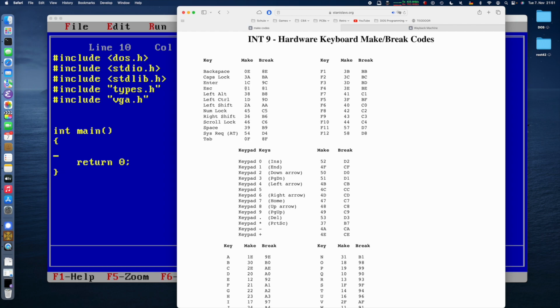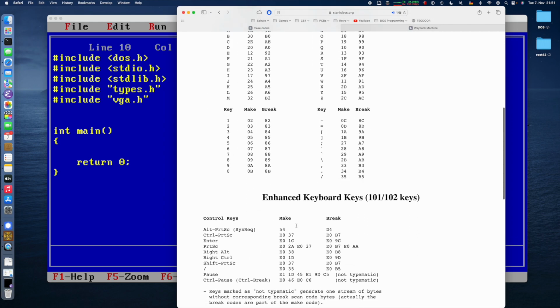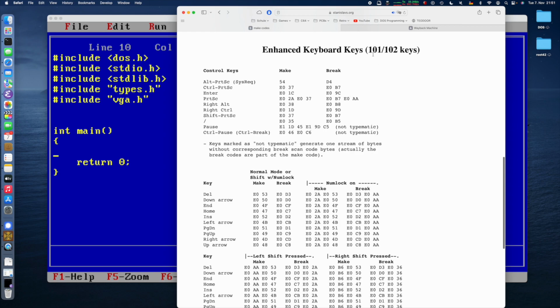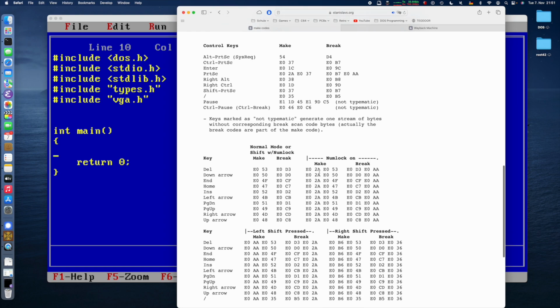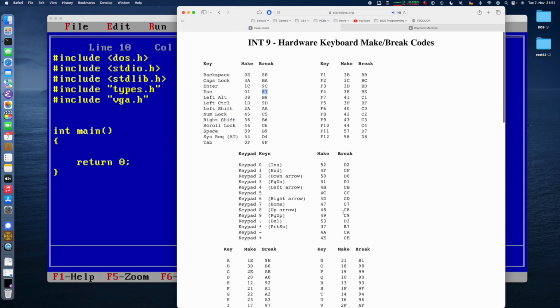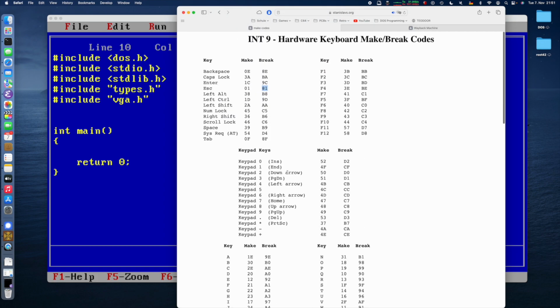Usually these codes are exactly 80 hexadecimal apart. For example, escape is make code 1, so break code is 81 hexadecimal, and that goes for all the other keys. There are enhanced keyboard codes for the AT keyboard from the 286 onwards, which are multi-byte codes and more complicated make and break codes, but we won't deal with those. We will simply do a very, very simple